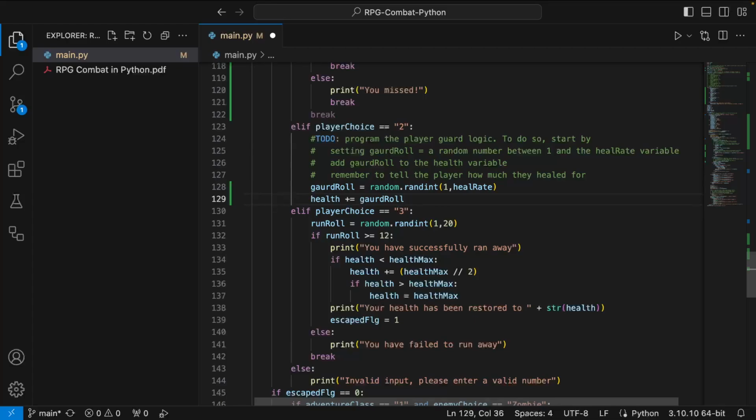It's subjective. I could be prideful and be like, oh, I intended this, or I could say it's a bug. What is the potential bug with the guard logic right now? You have unlimited health. So probably the smarter design choice would be if you already have full health, just give a message like, hey, you already have full health, I can't guard. But as it is right now, you could just keep spamming it and give yourself more health. So yeah, good catch.